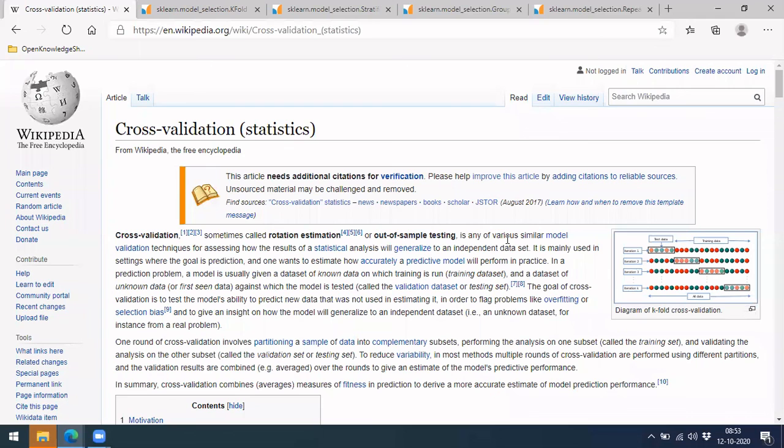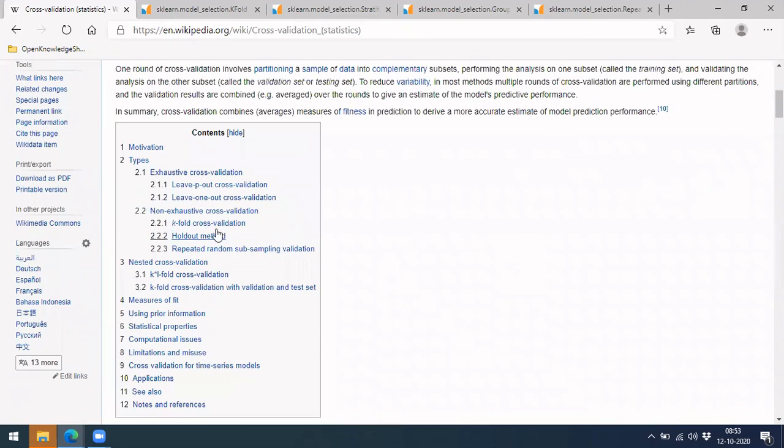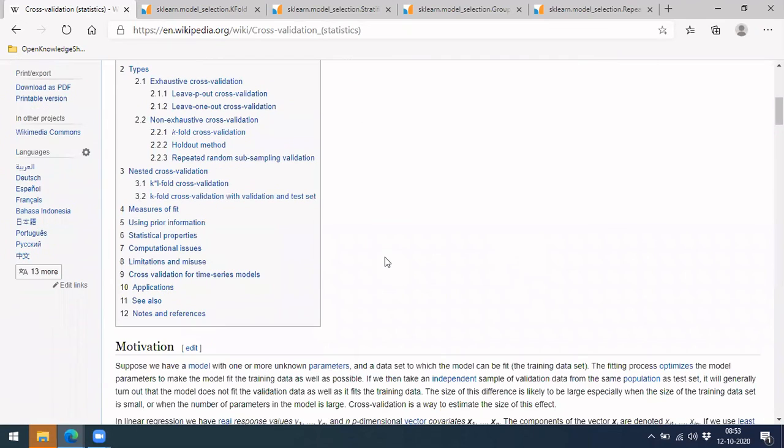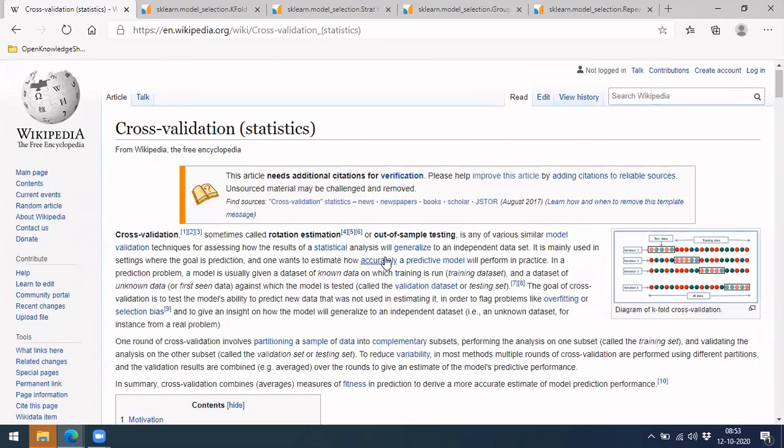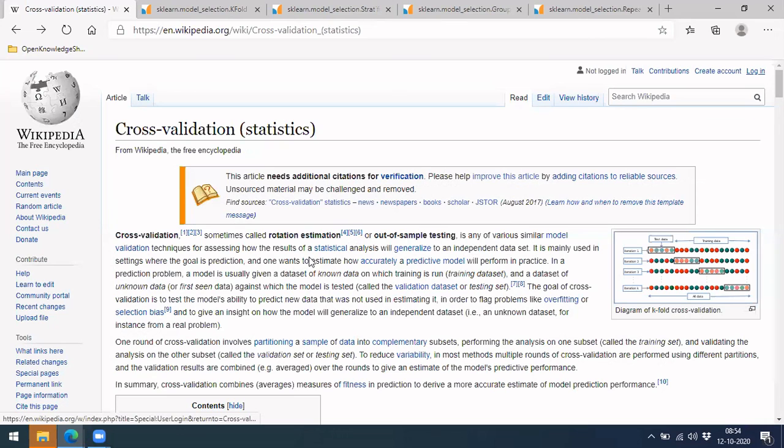So this entire process is called cross validation. In that, we have discussed k-fold cross validation. Similarly, there are many other variants of it, which you can look up on Wikipedia and learn more about it. But mostly it will be the same thing. You can see in this diagram that part of the data is taken as test data, actually validation data, and in the second iteration some other part, and this is all what we have discussed, right? So it is the same as that.